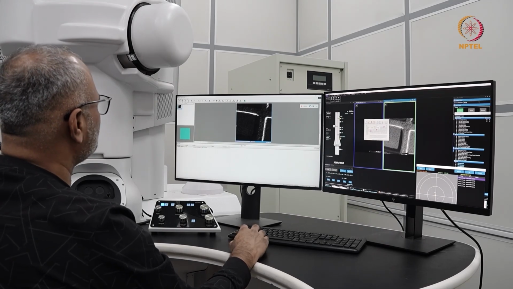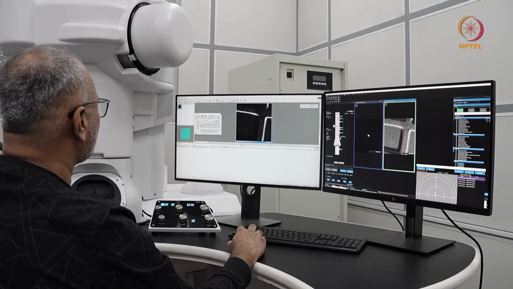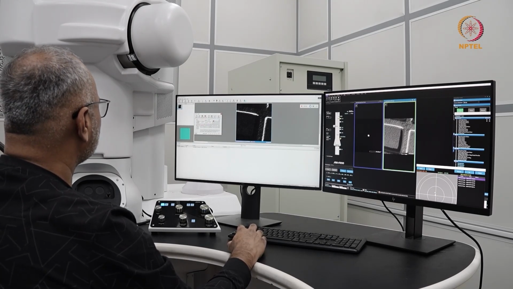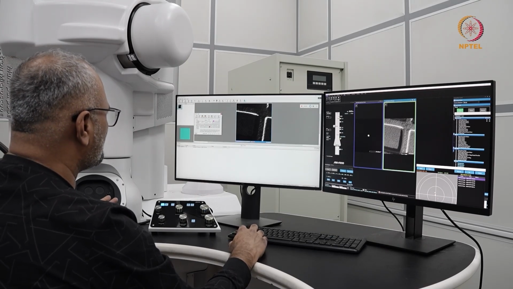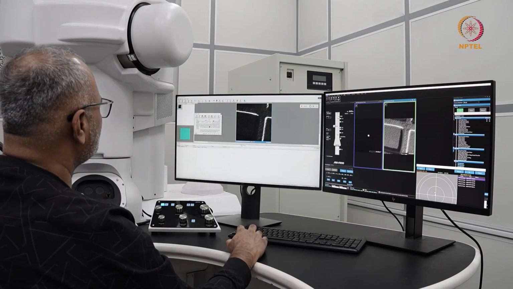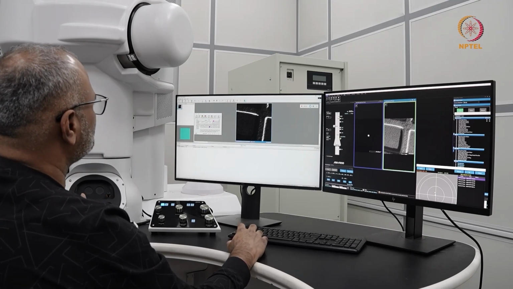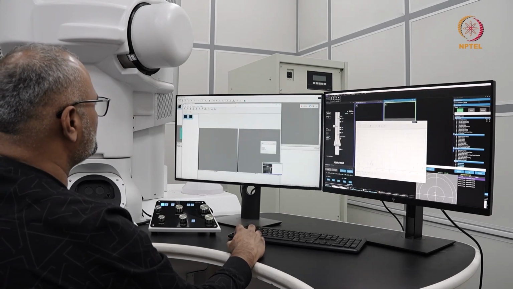Let me choose the elements here. I will only show carbon from the grid, and let us select gold as well. You can actually do an auto quantification also, but nonetheless, let us see what you get here once I start mapping. So if I click on the map button, this window pops out,